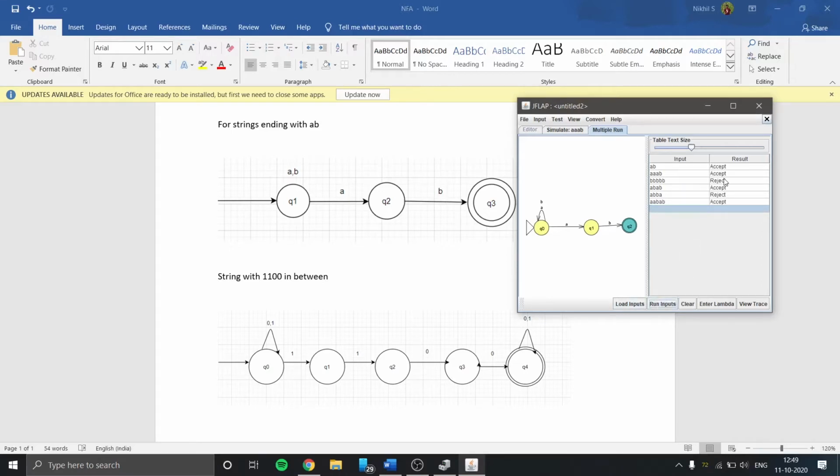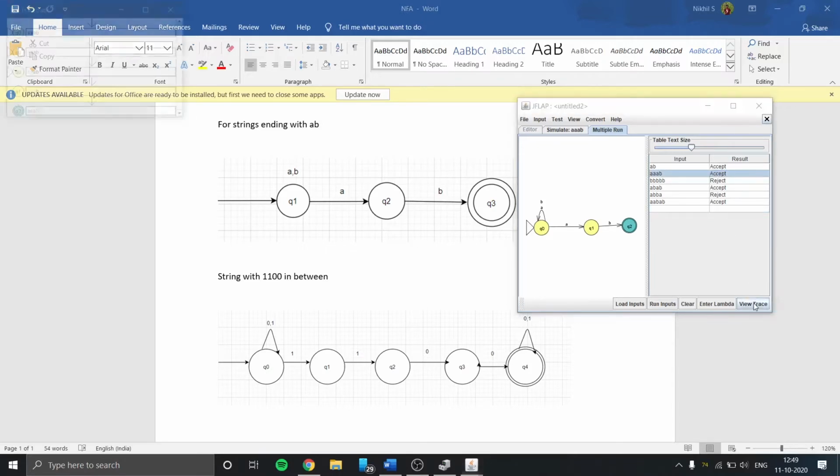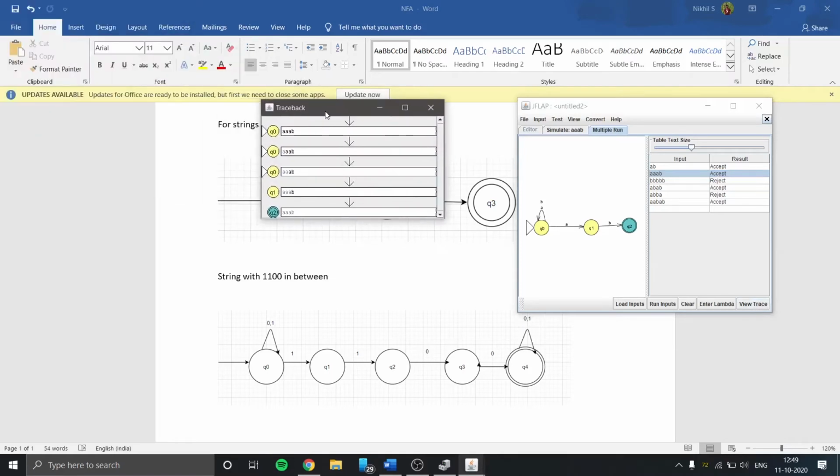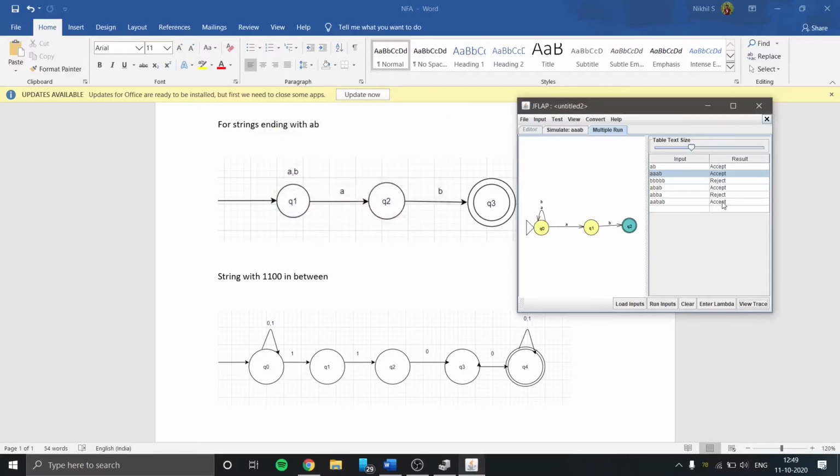These are the results. AB is accepted, ending with AB. This is also ending with AB, accepted. This is not ending with AB, rejected. We can also see the trace of the complete input string. Here we can see Q0, Q0, Q0, Q1, Q2, accepted. We can see traces for all the inputs which we have provided.